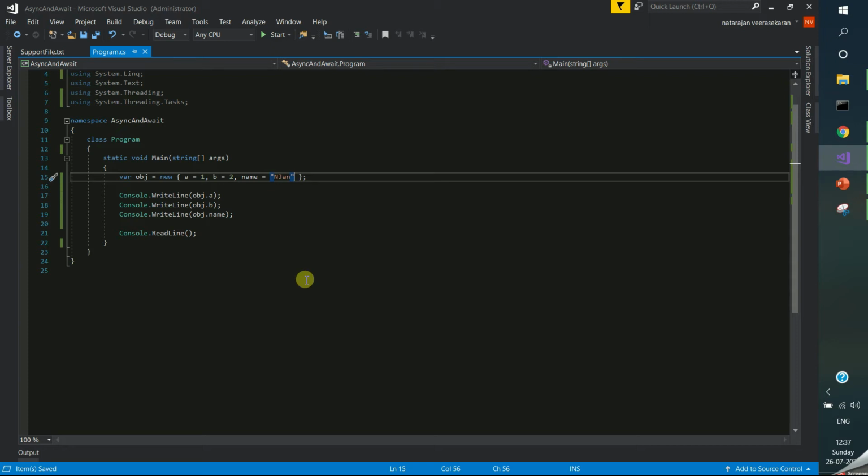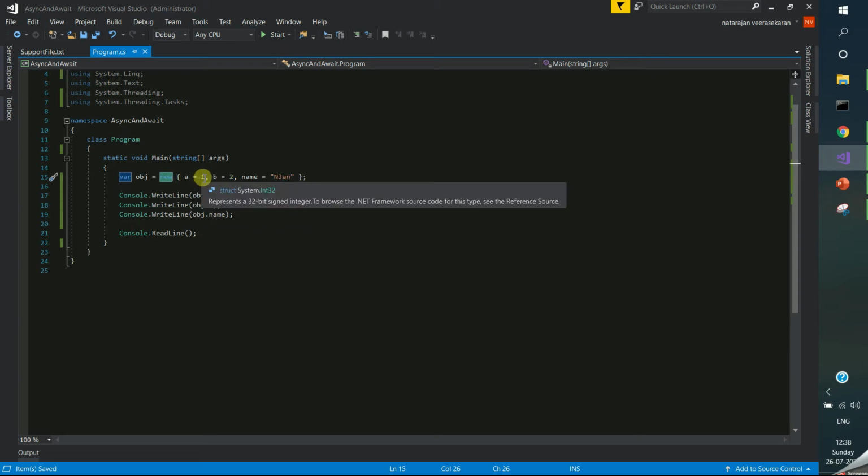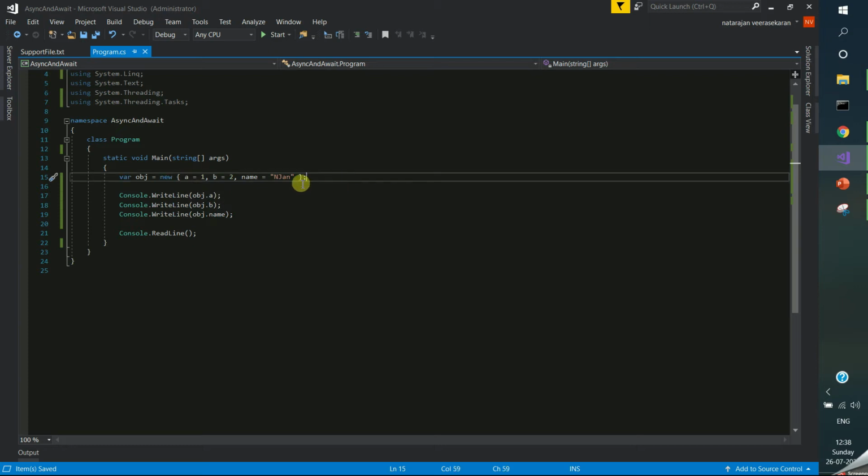Okay, so you have to remember the constraints one by one. The anonymous type is declared by the new keyword with curly braces. So you should not have a name. That is point 1. Point number 2, the properties do not have data types. So it will get the data types from the assigned value. The third one, the properties are separated by commas. We can assign only properties. We should not use fields or methods in an anonymous type. Also, we can't assign null values in the anonymous type.